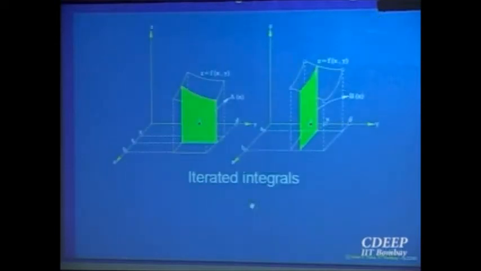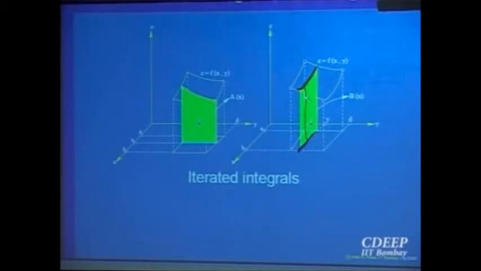So this is what the picture essentially says, right? These are the iterated integrals. For example, you have fixed the point y. When you have fixed y, you are moving on this line. Only x is moving, y is fixed. So at this point, look at the function. As you move on this line, x moves, and for every point here you get the value. So that is the function with y fixed.